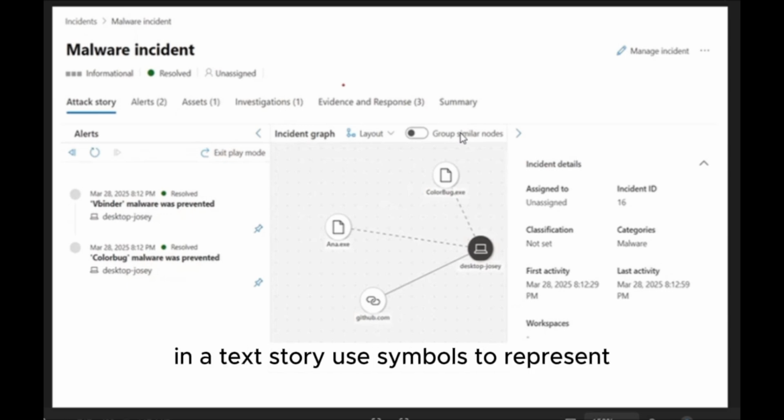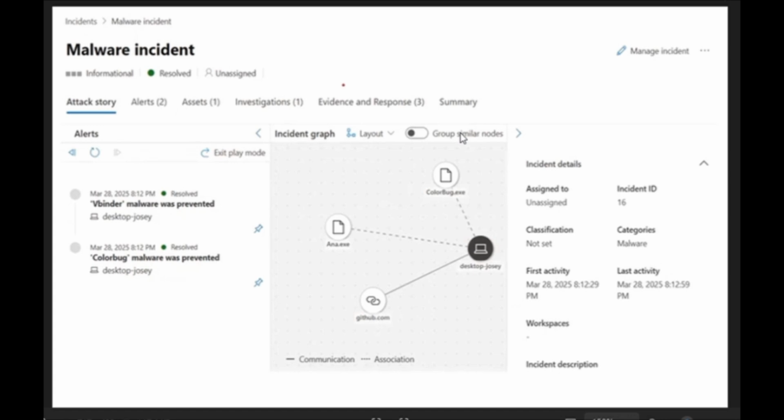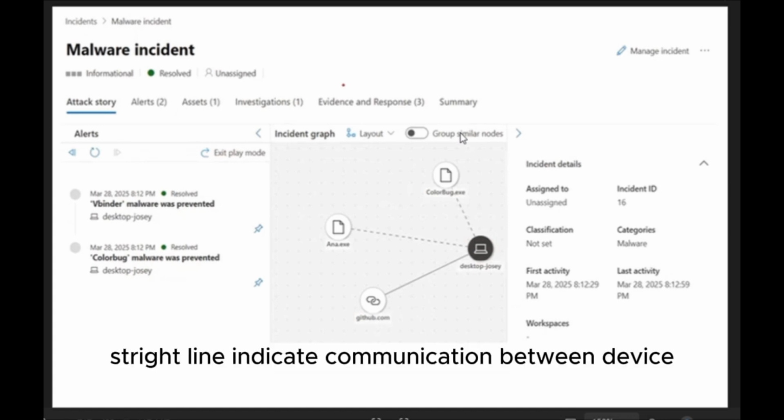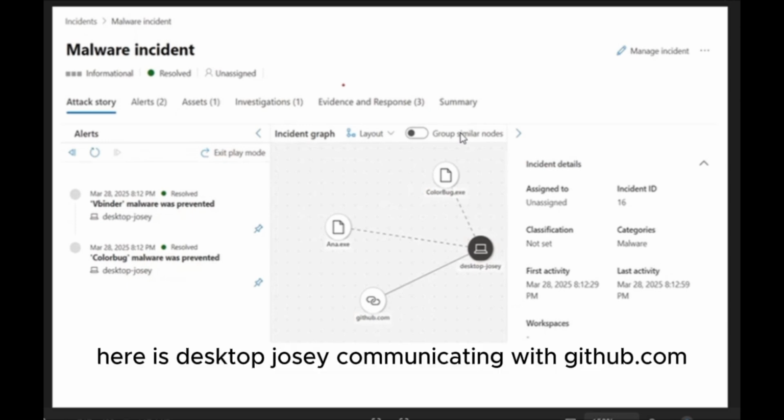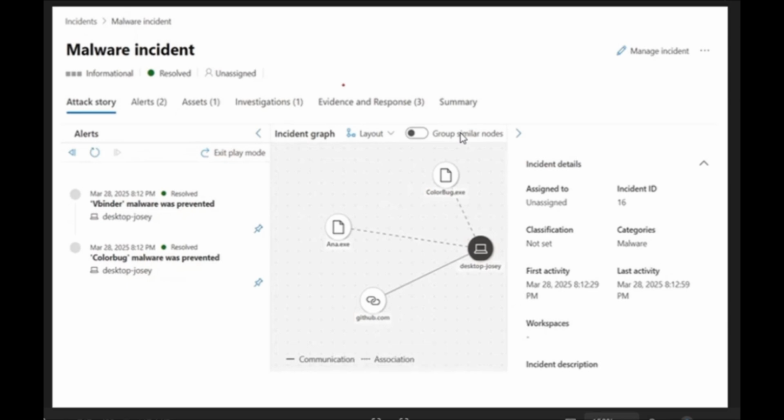Graphs in a text story use symbols to represent relationships between entities. Straight lines indicate communication between a device and an external resource. For example, here is a desktop, Juicy, communicating with github.com, while dotted lines indicate the entity's association with an affected